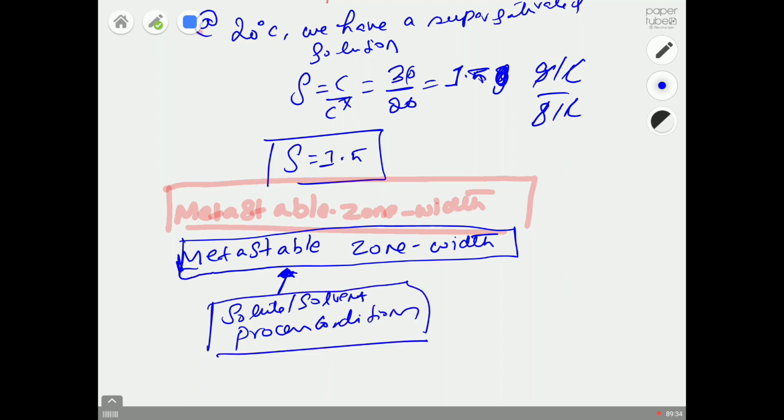What does this mean? It's a property of your solute, solvent, and process conditions. So we need to know the metastable zone width in order to create your supersaturated solution. To create a supersaturated solution, the first information you need is solubility, and the second information you need is the metastable zone width. In the laboratory experiment which I posted, I created a supersaturated solution of supersaturation ratio 1.2, and for that I need to know what is